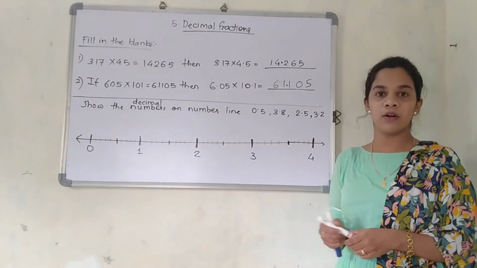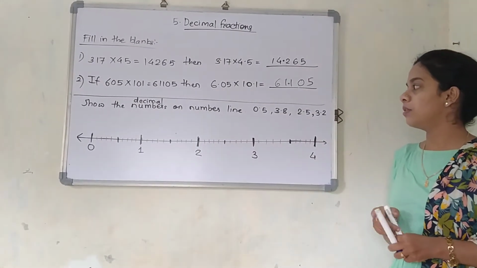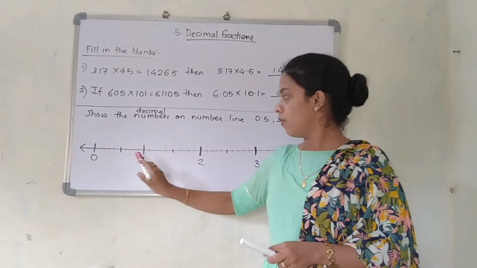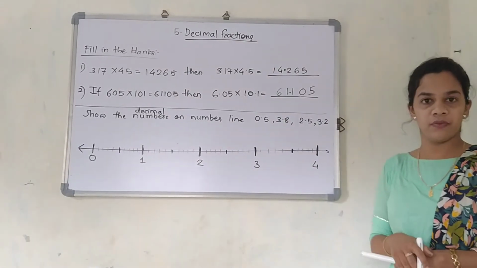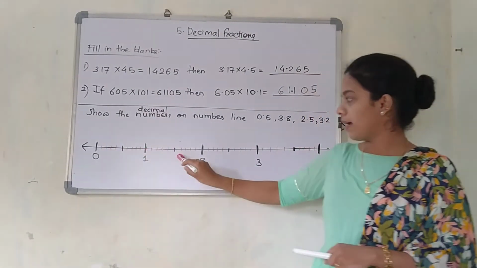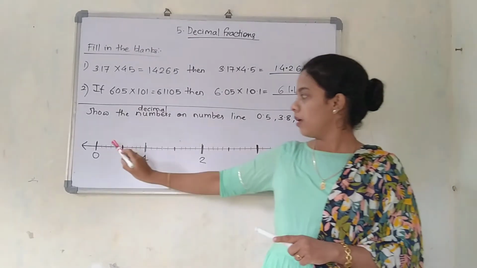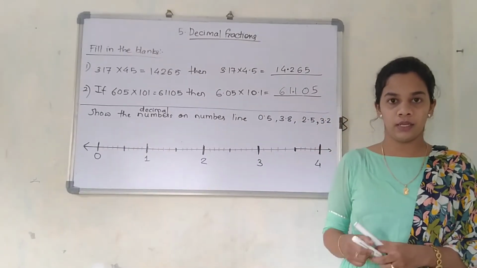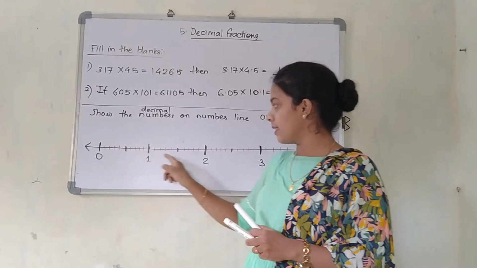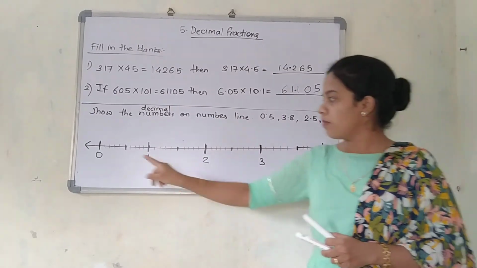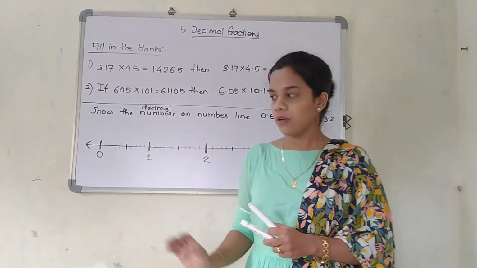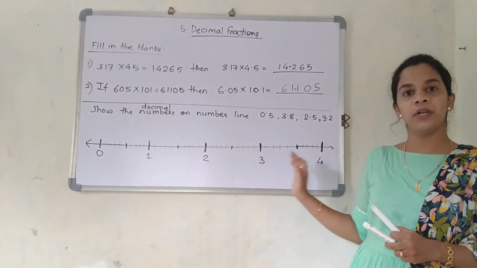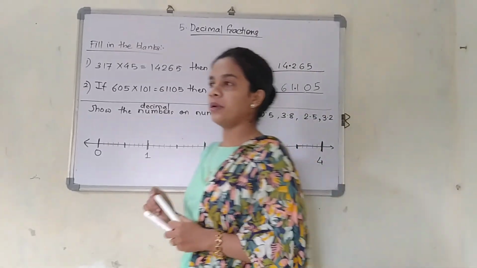So now we will see the last part of this lesson, which is to show the decimal numbers on the number line, and they have given you a few numbers. If you observe, 0, 1, 2, 3, 4 is specified. The middle lines drawn in black are the divisions, 1, 2, 3, 4, 5. Each is divided properly. These small lines, you can see, are the divisions given on the scale. From 0 to 1 there are 10 divisions. From 1 to 2 there are 10 divisions. From 2 to 3 there are 10 divisions, and from 3 to 4 there are 10 divisions. So how are we going to specify the numbers?